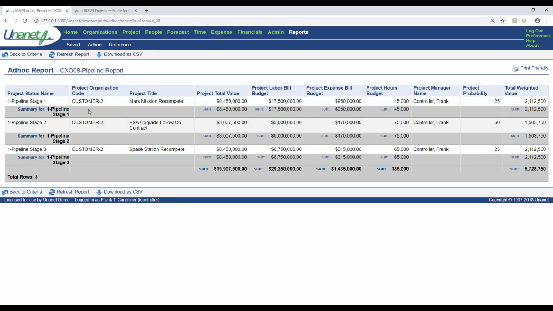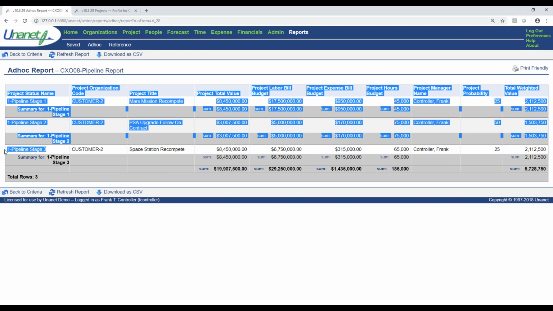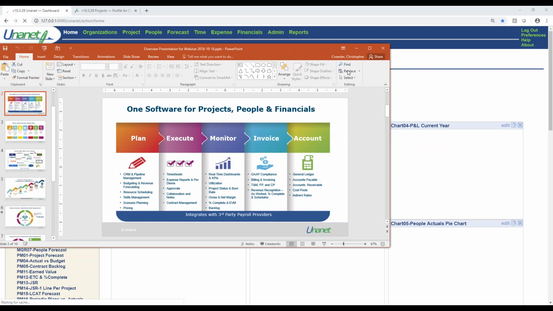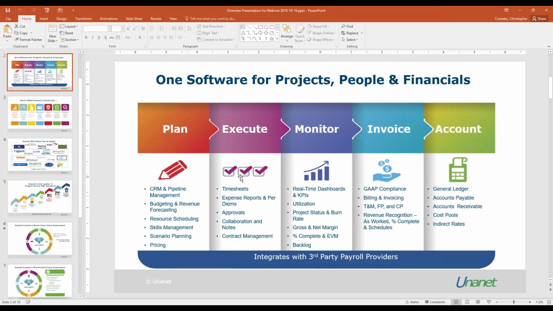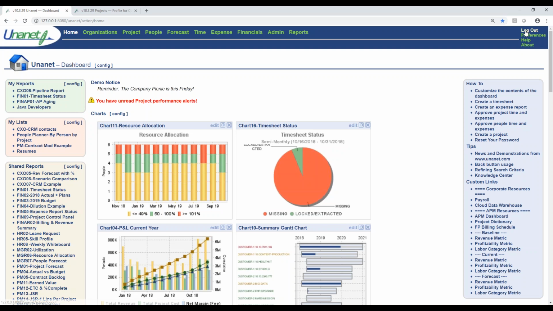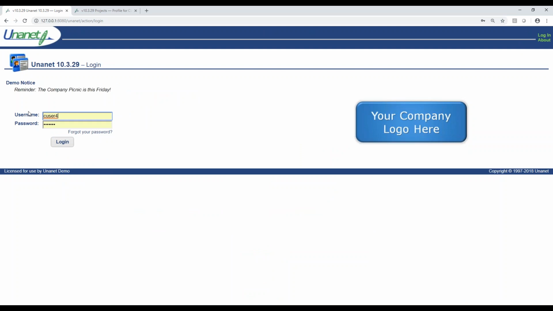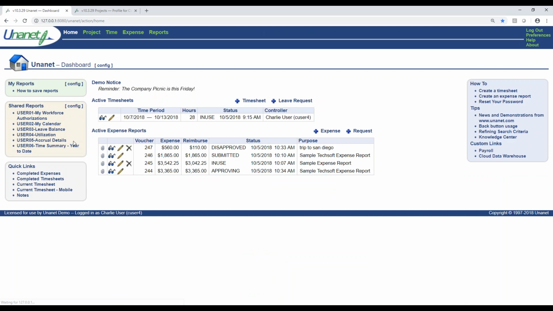What's neat is I can run a pipeline report. I'm choosing to run just a pretty simple pipeline report here. But here I have 3 different stages, and you can define whatever stages you like for your organization, and then a win probability for each of these. And then we're calculating the total weighted value right here. That's really what I wanted to show as it relates to this planning phase, right? And so next, I'm going to move into the end user experience, into booking time and expense against the plan that's already been entered.